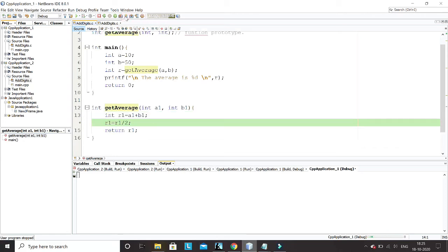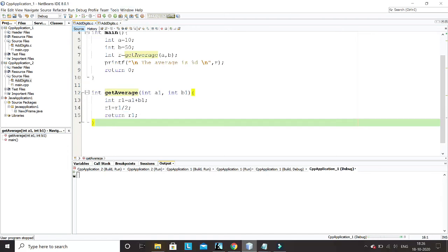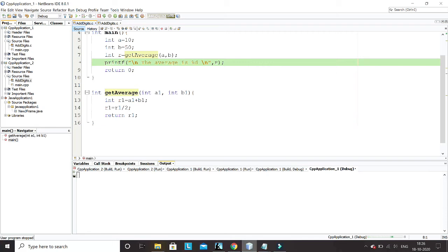So after this line, the value of r1 is 60, but after the next line, the value of r1 will be 30. See, now 30. Now it is return r1. The moment you write return r1, this value of r1 will be returned from here and stored in r. Let me run it from here. See, it has returned and the control is here.